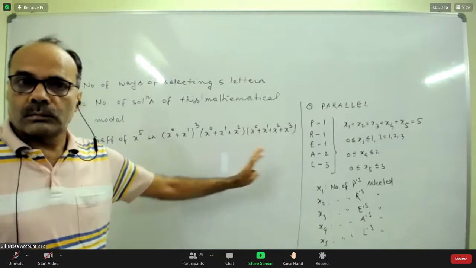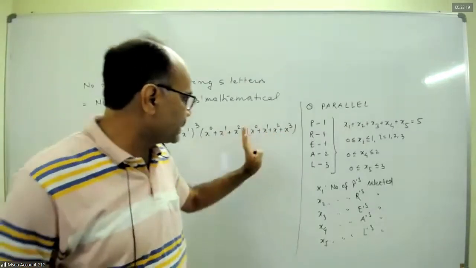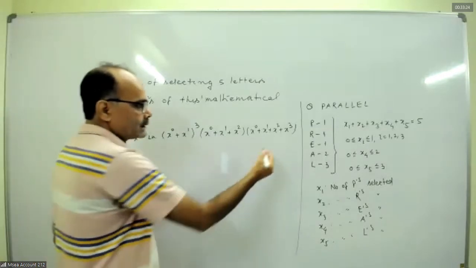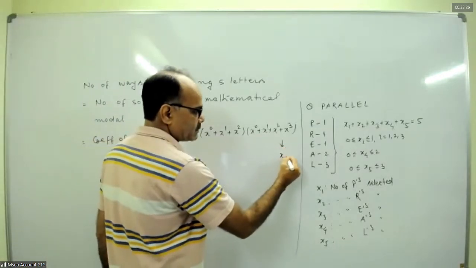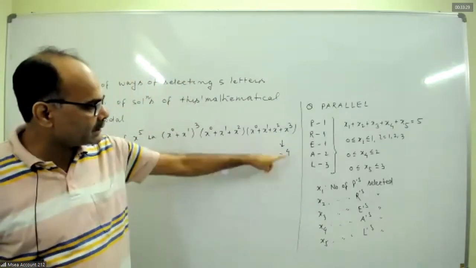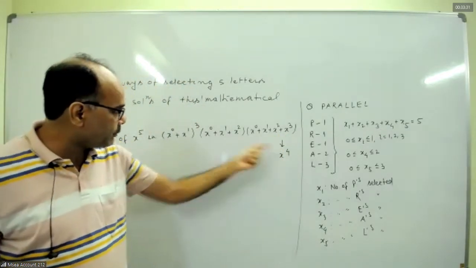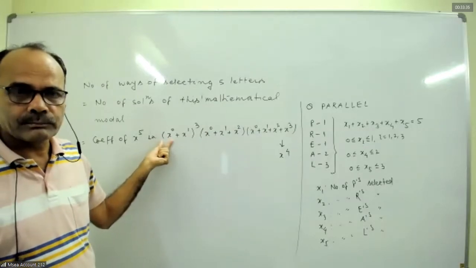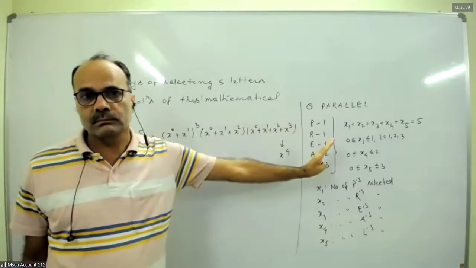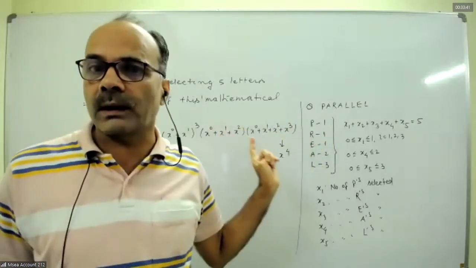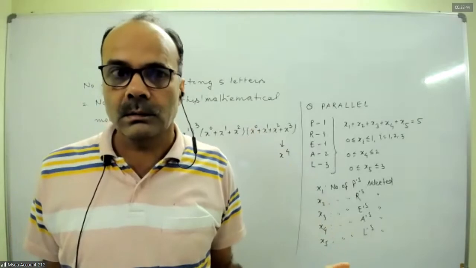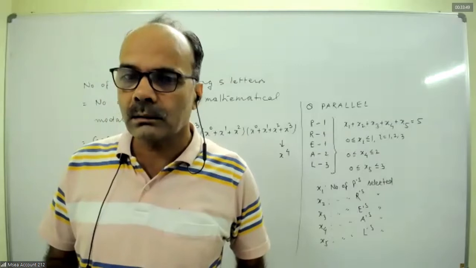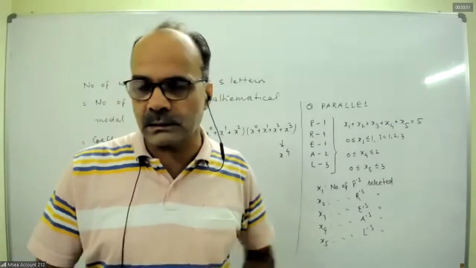Now the series is complete. Now let us think of whether we can take an infinite series or not. If you write here x to the power 4 as the next term, multiply this x to the power 4 with x to the power 1, x to the power 0, we'll get x to the power 5. So if we take an extra term, the coefficient of x to the power 5 will be disturbed. So here we can't take an infinite series. The reason is clear?